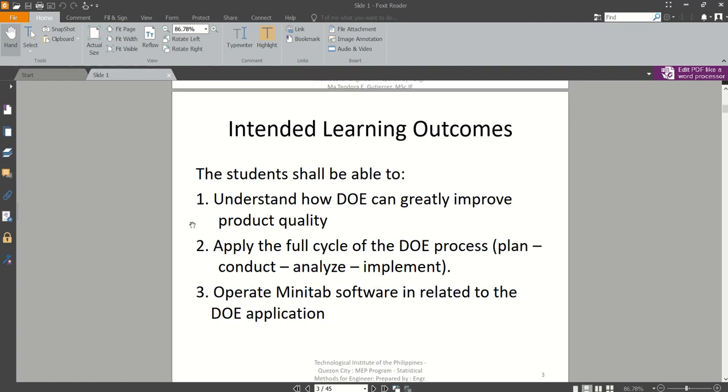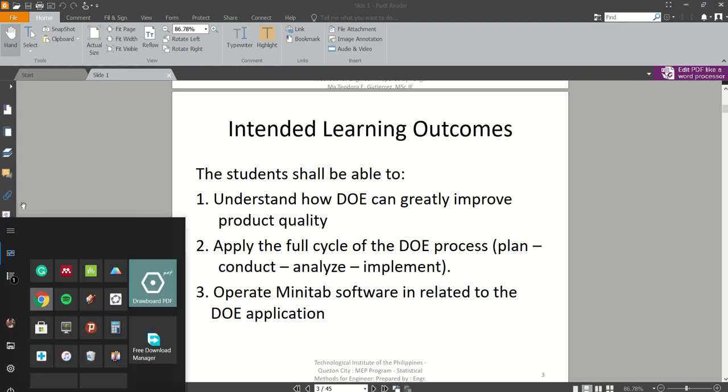Second, you should be able to apply the full cycle of the DOE process. Here you will have an idea how to plan, how to conduct, how to analyze, and lastly how to implement your experiment. And number 3, it is not really necessary to know how to use the Minitab